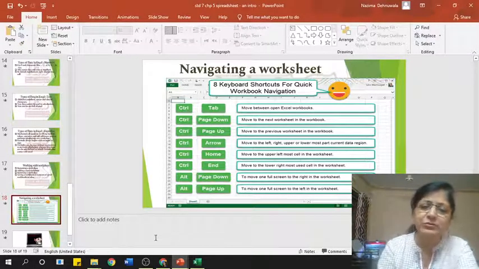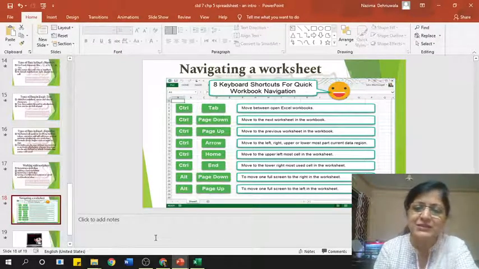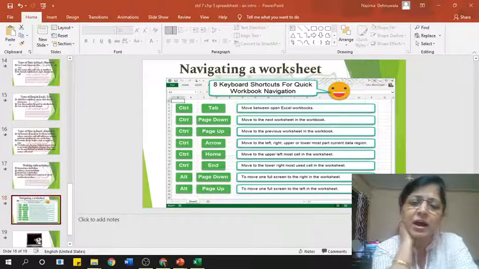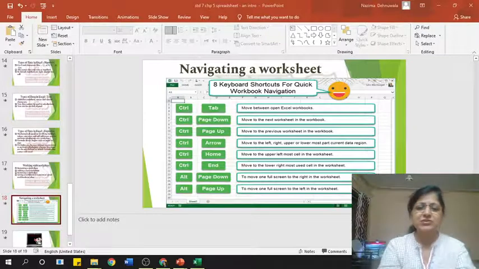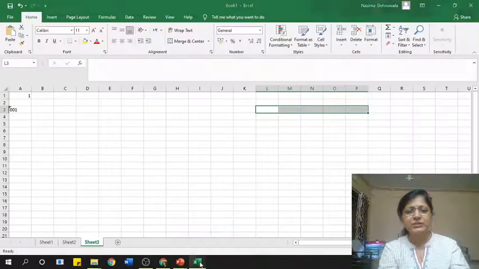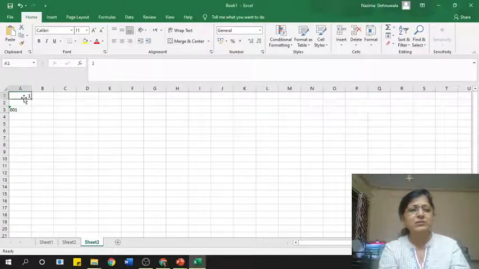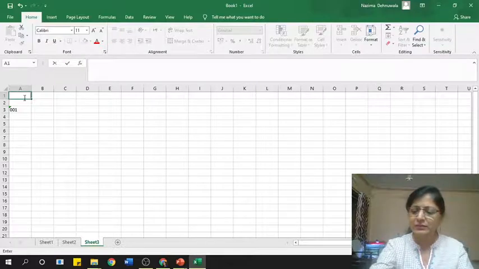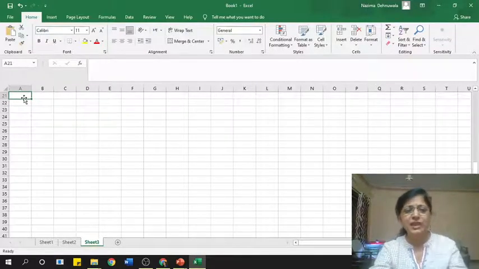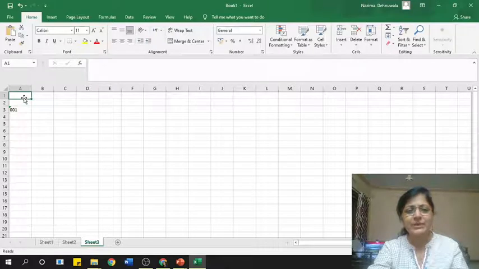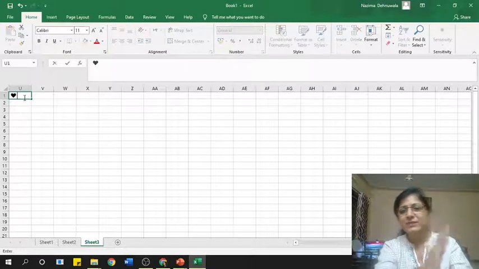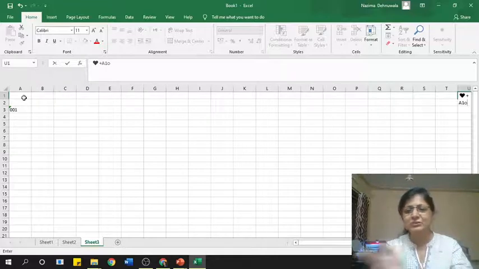I have demonstrated this to you. You can just look at this and practice it using an open Excel worksheet, so you will have an idea of exactly how to use these navigation keys. I'll just demonstrate it to you here in the Excel sheet. Now you can see, if I use a simple page down, it is going to the next page down, and page up is taking me one page up. Now if I press alt and page down, it takes me one slide to the right hand side, and alt and page up will take me one slide to the left.